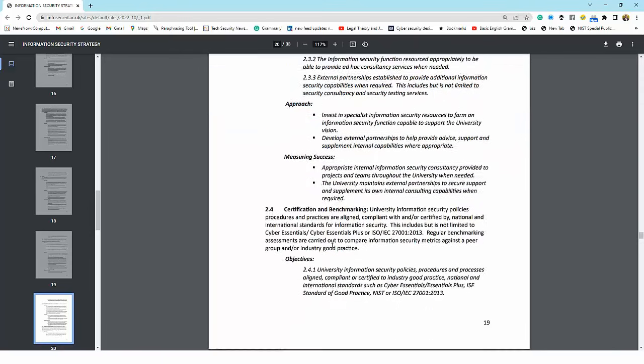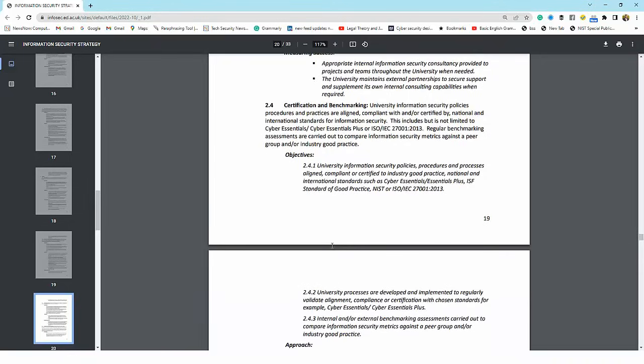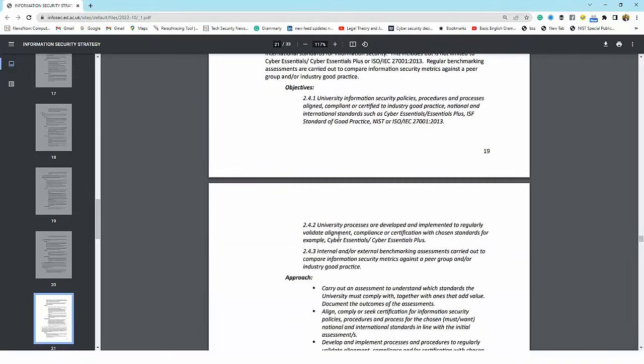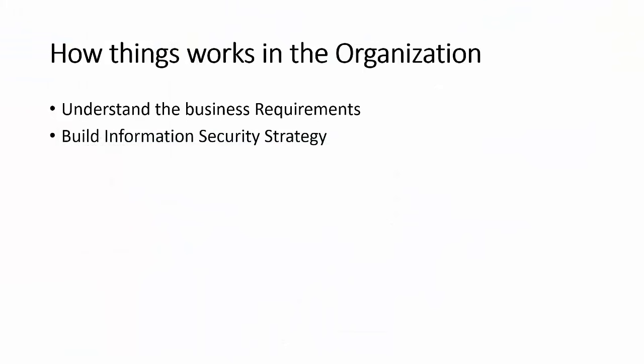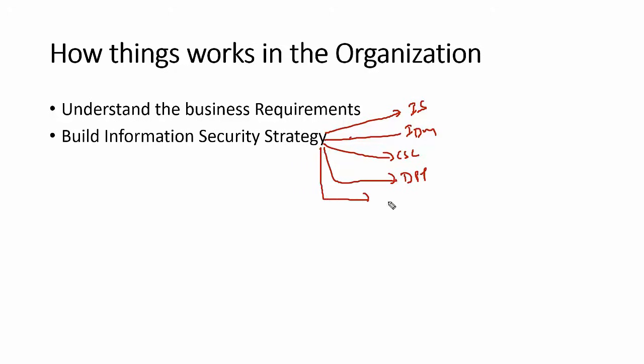So when you're creating an information security strategy, it will be your 5-year plan, in which you're talking about the list of initiatives you're planning to introduce in the organization. That is why we said building the information security strategy. Now the problem is that when you're introducing an information security strategy, in which you talk about multiple initiatives, for example, you want an information security activity, you want an IDM, identity access management, you want cloud security control, you want data protection requirement, you want data privacy protection